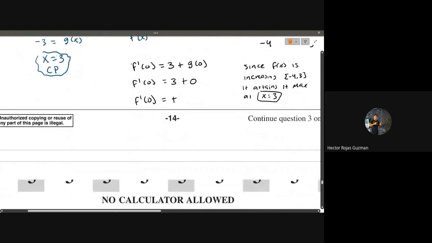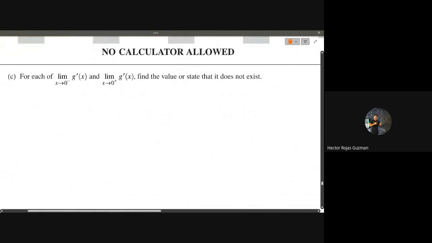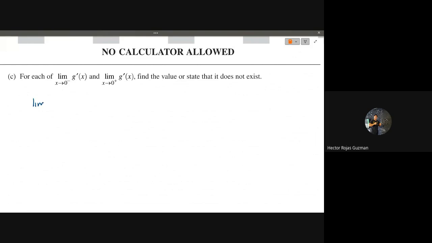Okay. C. Find the two limits. Okay. The limit as x approaches 0 from the left of the derivative of g. This means that we're supposed to be looking at the slope of g